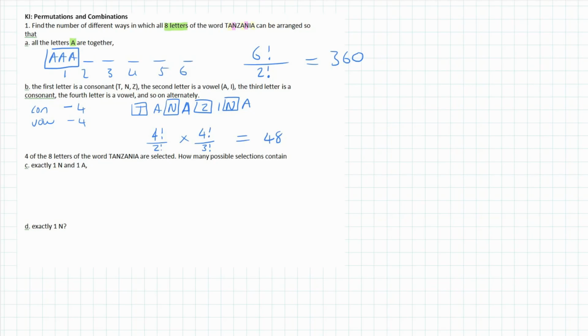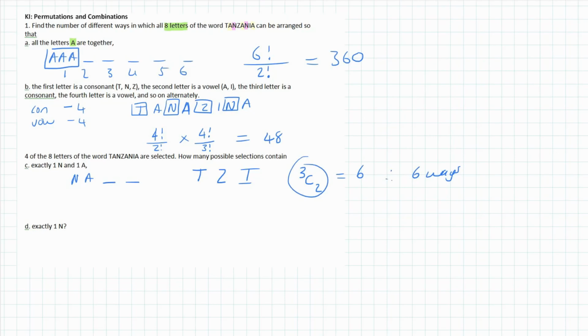4 of 8 letters are selected. How many possible selections contain 1 N and 1 A exactly? Okay, so that means we've got N, we've got A, and then we've got two more options. Now look at the different letters that we've got left. We've got T, Z, and I. Those are the only options left. And you can see that there are 2 places and 3 options. So this is an example of 3 choose 2. And 3 choose 2 is 6. Therefore, 6 ways. And if you didn't remember this, you could always just go, all right, TZ, TI,